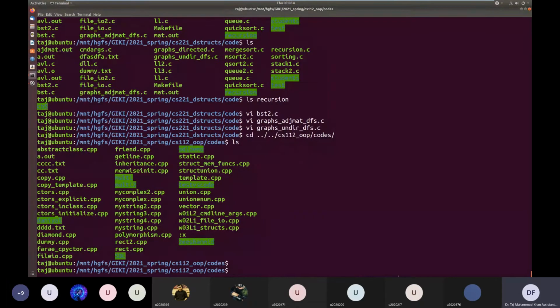So last time we were doing templates. We had started templates. We had seen how you can declare class templates and function templates. And before that we had discussed the benefit of using templates and under which situations you can use them.